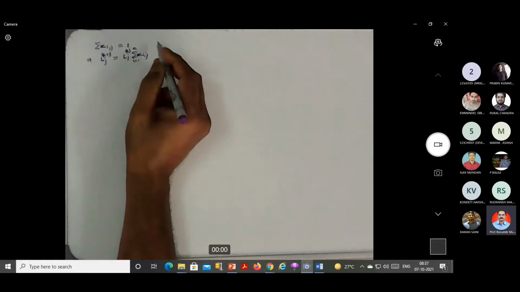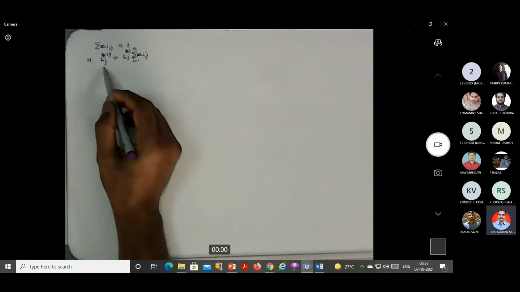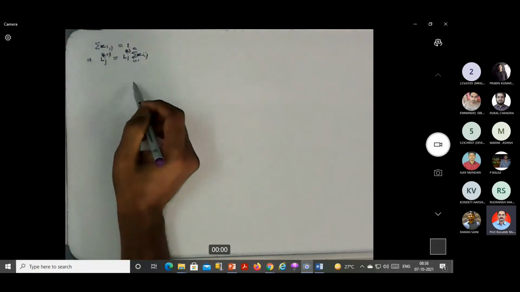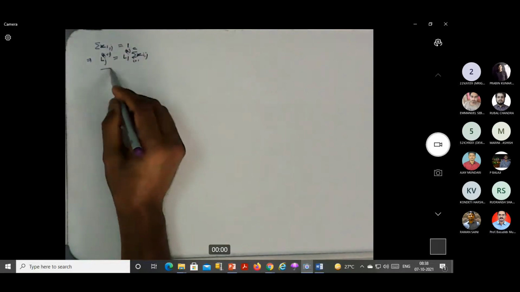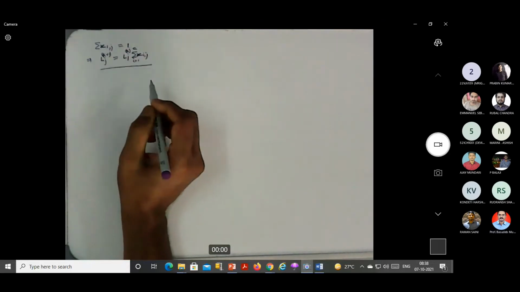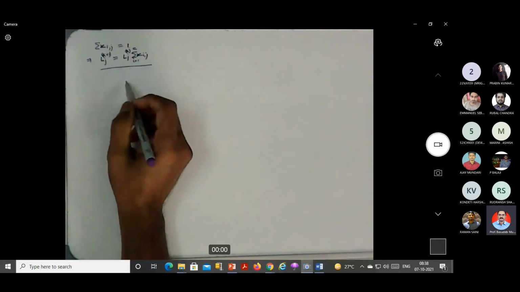But when we are at the early stage of iteration level, then sigma Xij will never be equal to 1, in most of the cases, for most of the stages. So we will get some modified values of Lj in the next iteration level. So this is the source equation for the Lj. So we modify Lj.